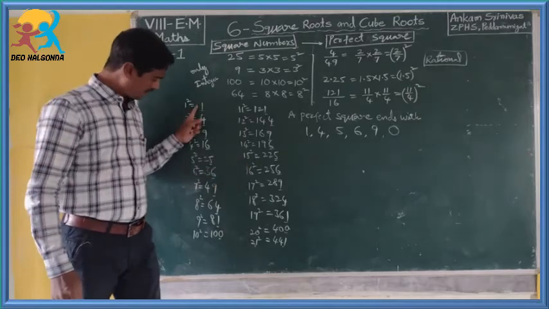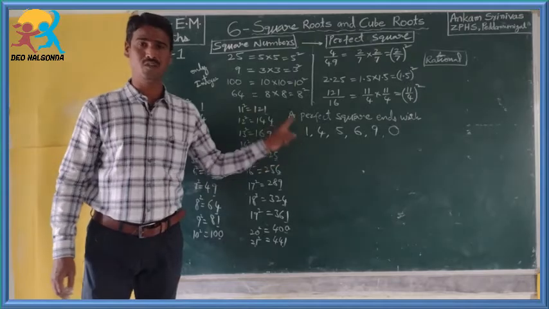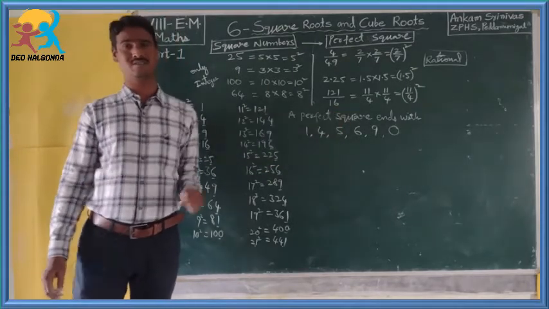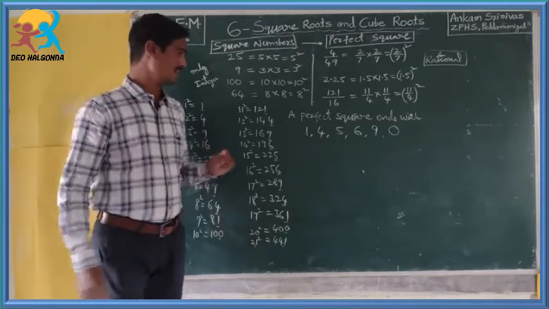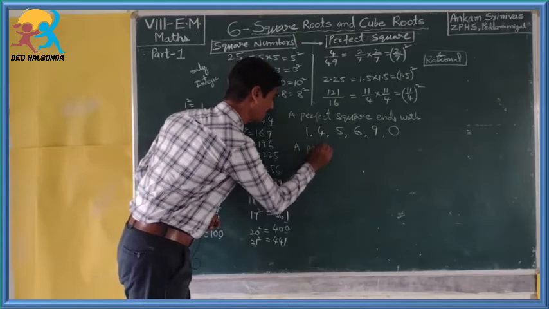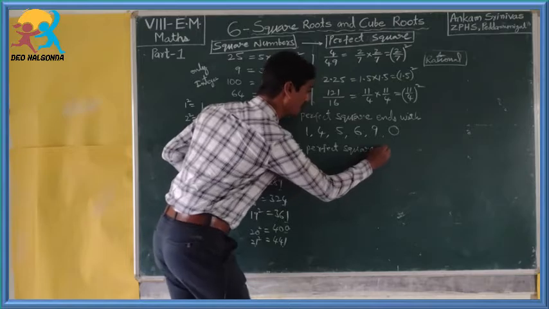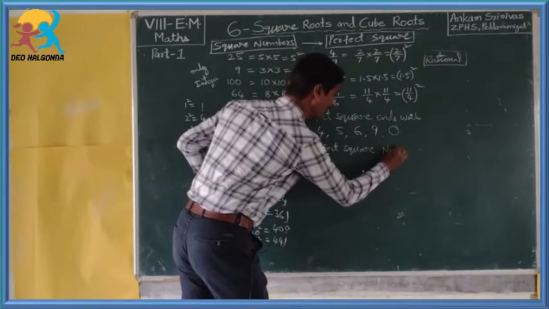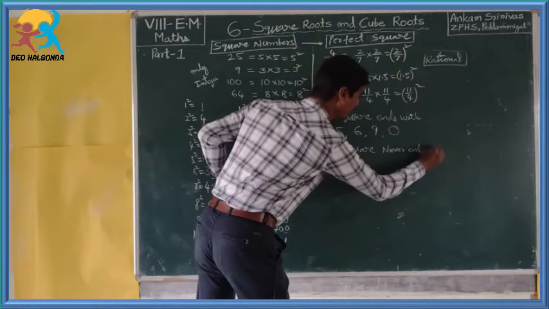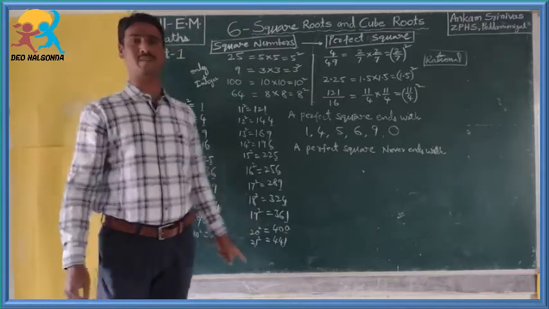So, if you observe, all perfect squares end with 1, 4, 5, 6, 9 or 0. And a perfect square never ends with... here. If you observe all the unit digits of perfect squares,